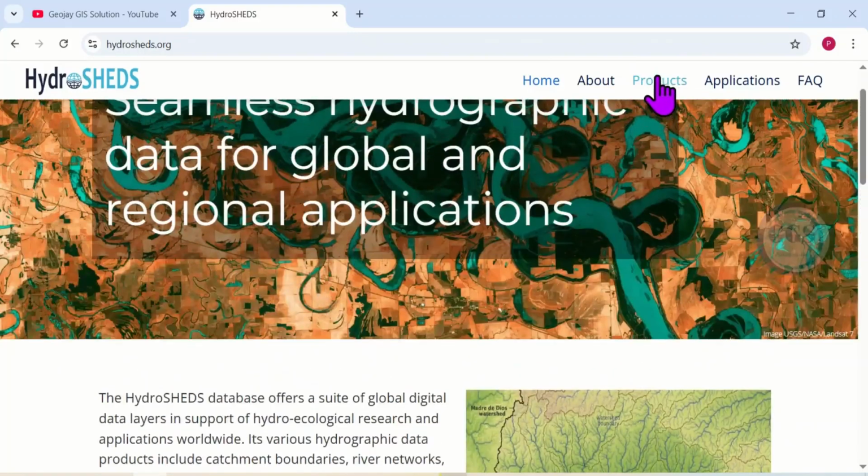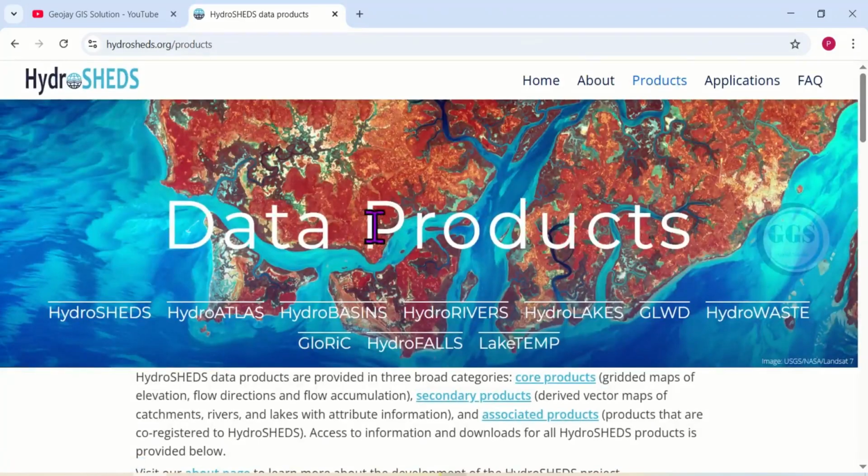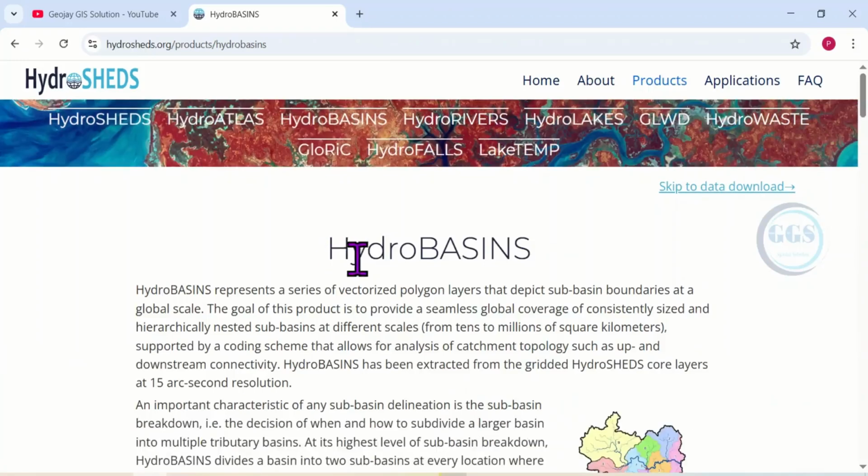However, to download, come to products. When it opens, you can see data products here. You can see the HydroSHEDS, HydroATLAS, HydroBASINS, HydroRIVERS and HydroLAKES. So you can download for any of these. Let's download for HydroBASINS. If I click on that, you can see HydroBASINS, which represents a series of vectorized polygon